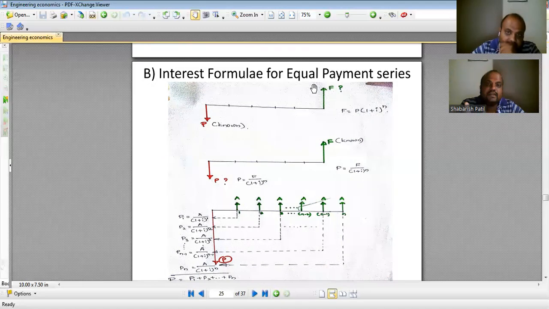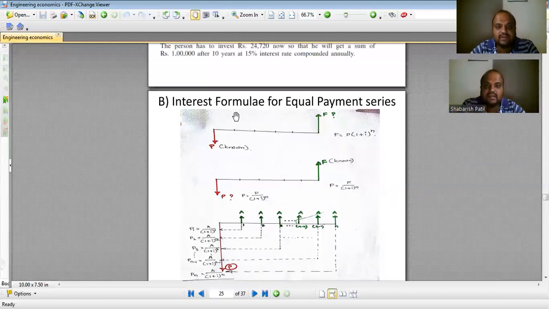An example of an annuity is when I take a loan for a home construction. What does it mean? I take a loan from the bank for the house construction, and at the end of every month, I am supposed to pay back to the bank. That is an annuity. Every month, I am paying back to the bank from where I have taken the loan. So that sum which I am paying back to the bank is called annuities. Now we'll go with the formula.